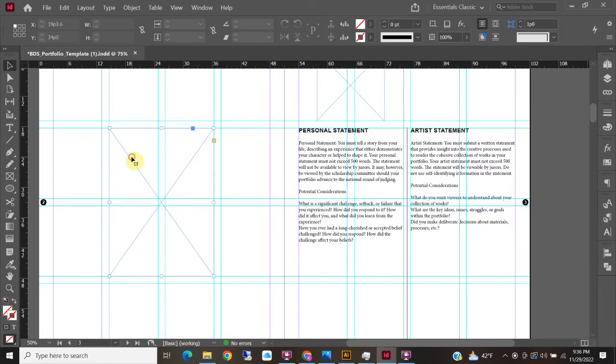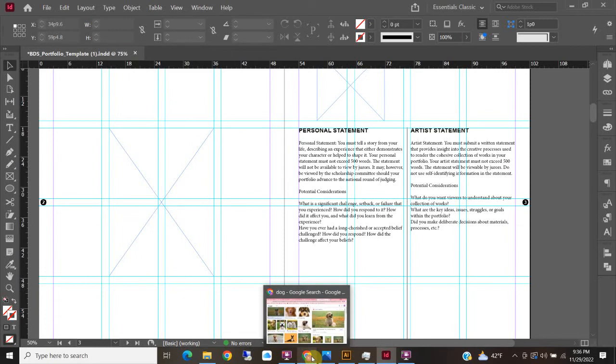So on this page, you'll notice there's this box with an X. This is a frame, and we can place an image into it. I'm hoping that you already have digital images of your artwork. If you do not, you will need to go back and take those pictures, take those scans, get things uploaded to your folder. If you have already done that, you should have a folder